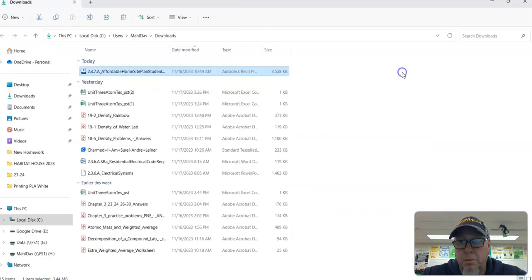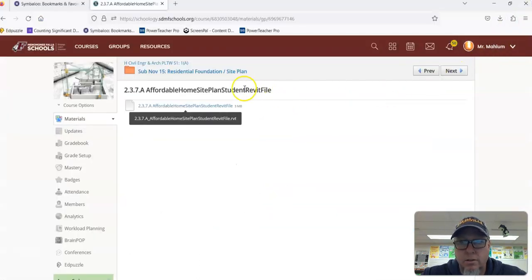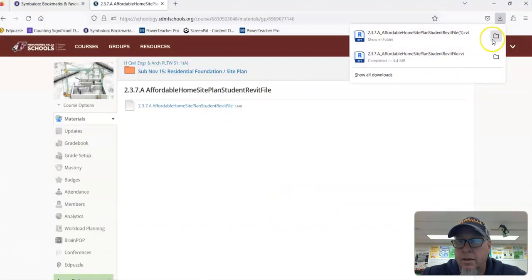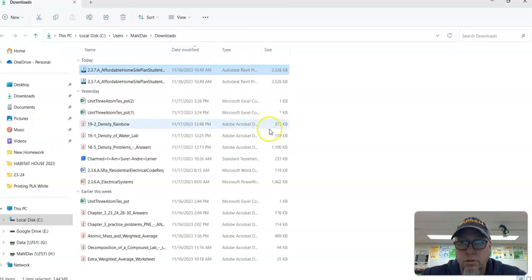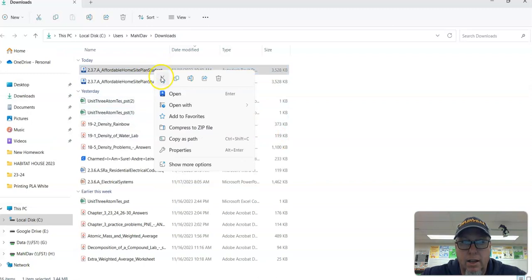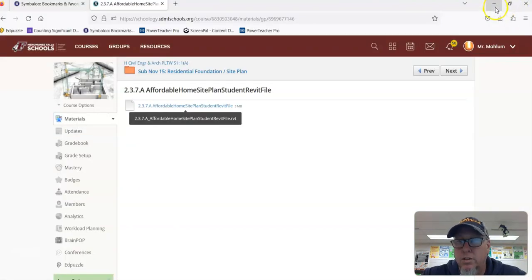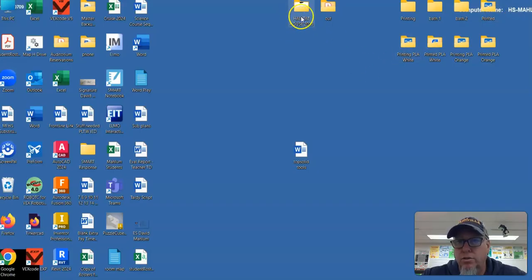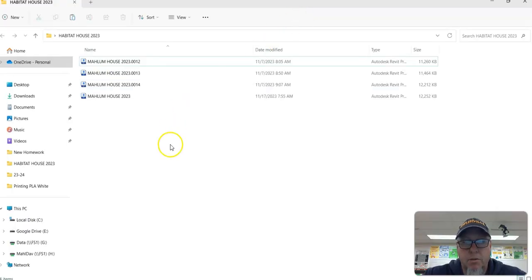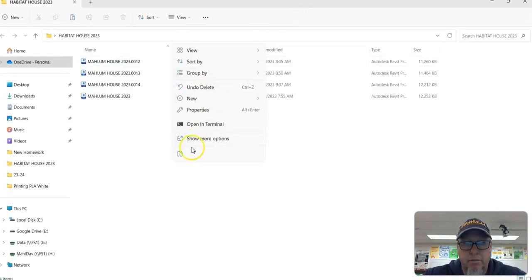So mine popped up on my other screen there, which it's right there now. So if I do that one more time, if I click on the folder, it's right there. I'm going to right click and cut it. And the reason I'm doing that, and I can make this folder go away now, is because I want to go to wherever my house is and then open that folder, and I want to paste that,